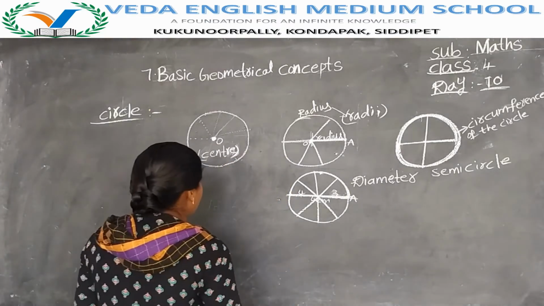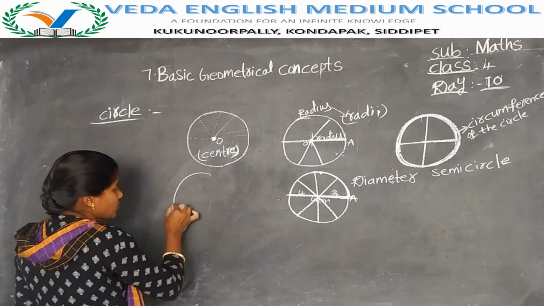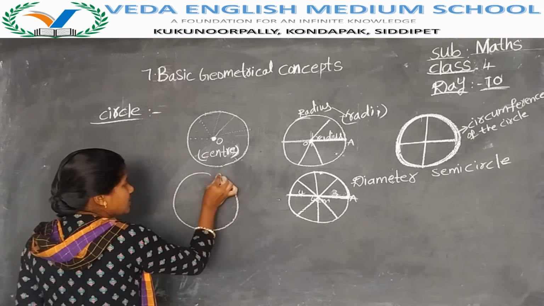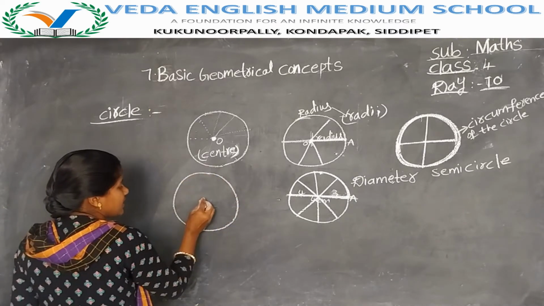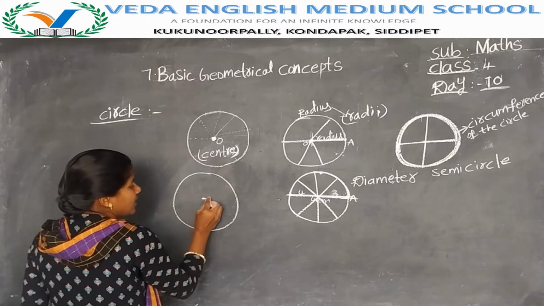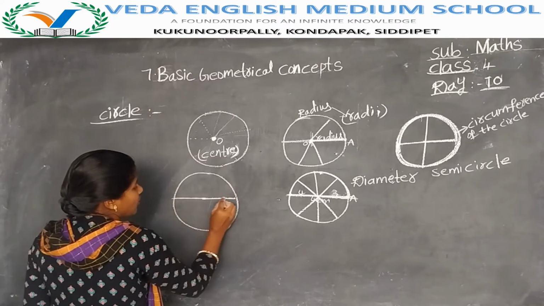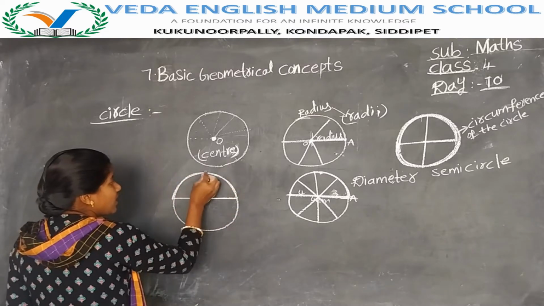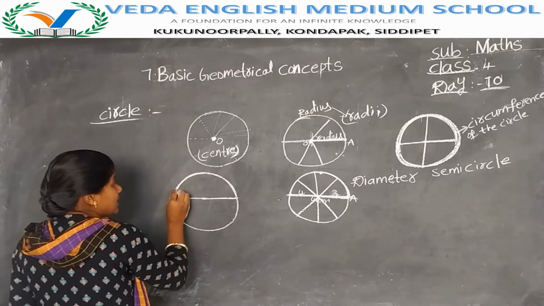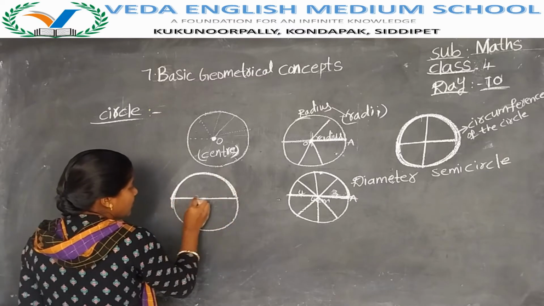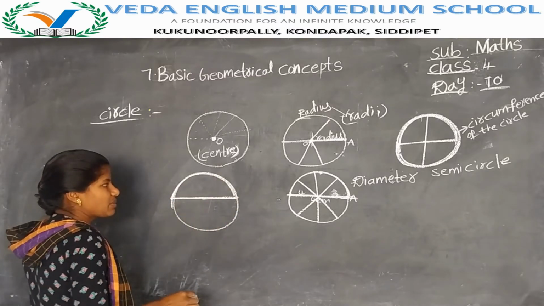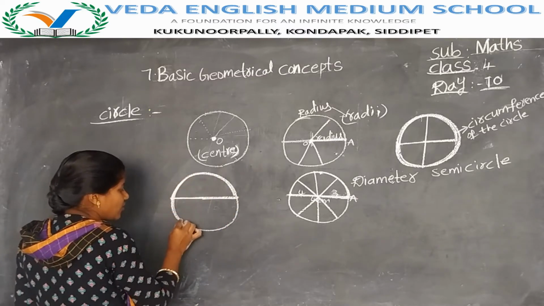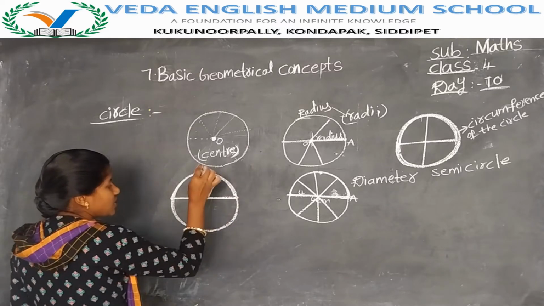Next, we have learned about chord of the circle. So here for a circle we have so many chords that are different in length. It is center of the circle, radius of the circle, it is diameter of the circle. Then here we have learned it is circumference of the circle. Then it is semicircle, like this. If you take only half a circle, then that is called semicircle. If you measure around the circle, then you have to say it is circumference of the circle.